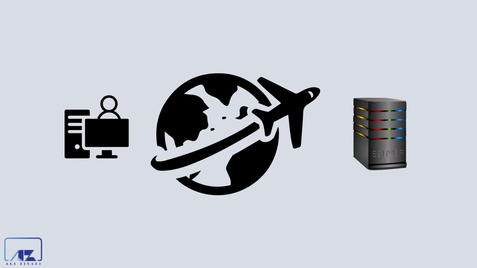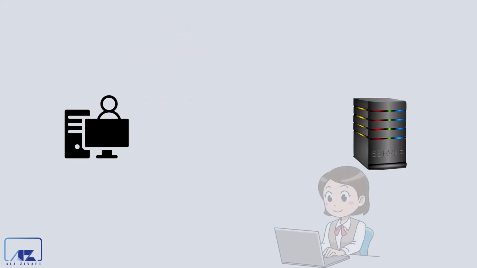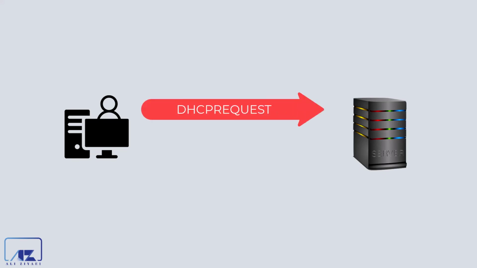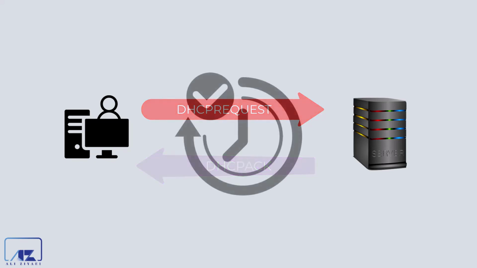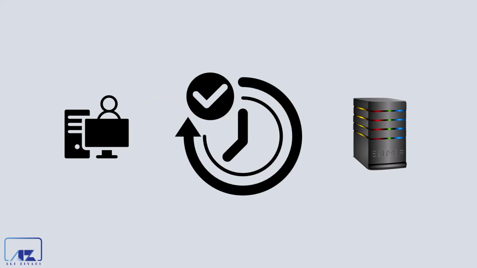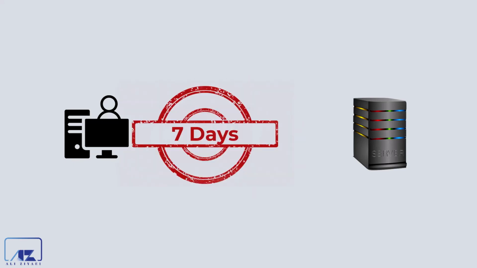We know that some clients might be moved when they're turned off. For example, laptops. If you have a laptop, you turn it off in this office today and you turn it on in another network the other day. For that reason, the client computers also attempt to renew their IP address at the startup process, or when the computer detects a network change. If renewal is successful, the lease period will reset, and the client can keep the same IP address for another 7 days. So with that approach, even if you set the lease expiry to 7 days, every 3 days the client reach out to the server and renew the same IP address for another 7 days.